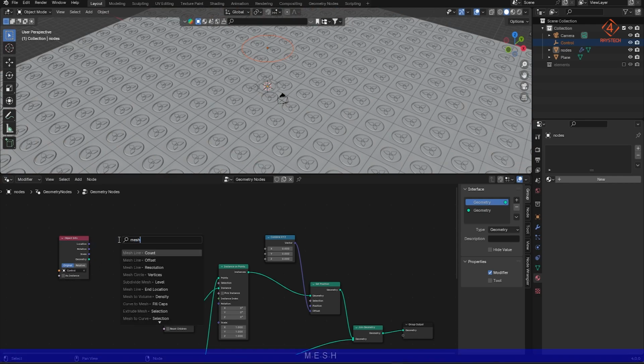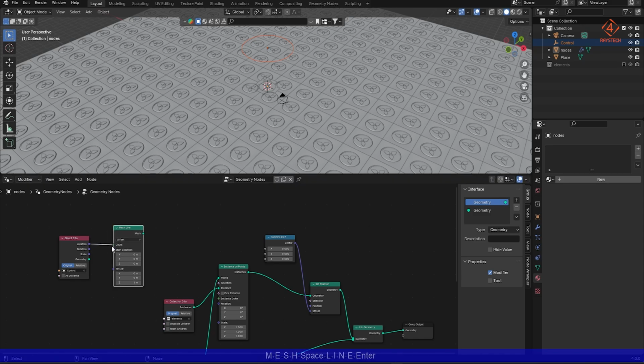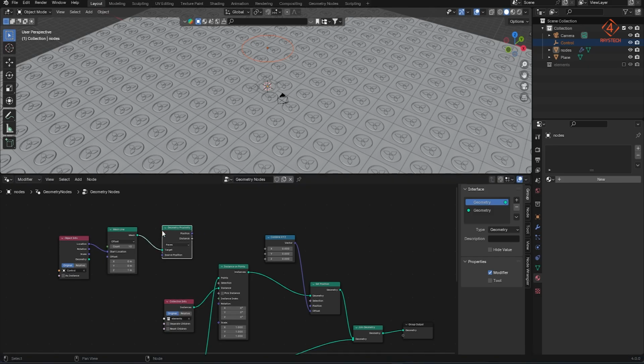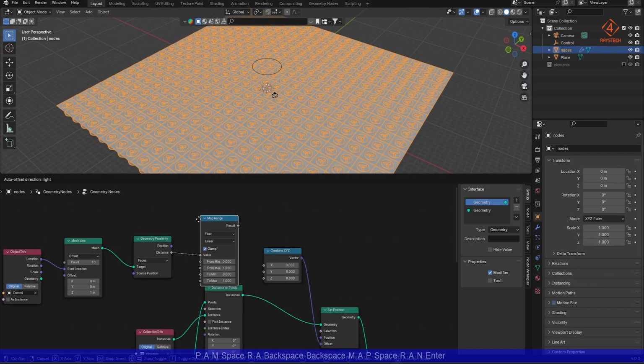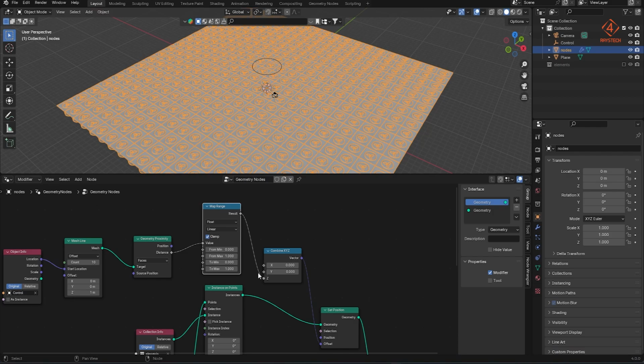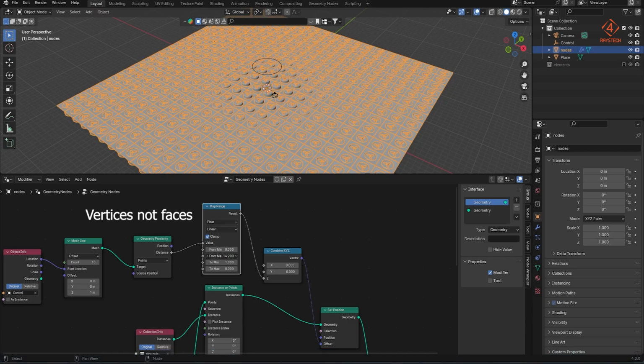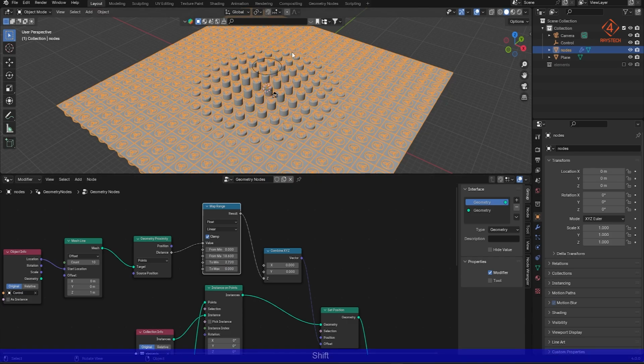So I'll create a mesh line, connect that with the control empty that we've created before, and connect that mesh line node to proximity node, and have that result connected to our map range node, which will then connect to our z-axis. Select faces for that,